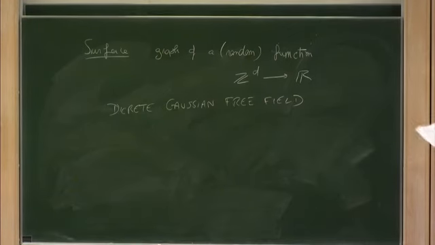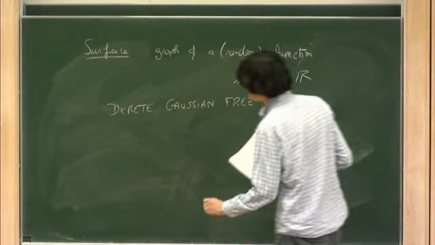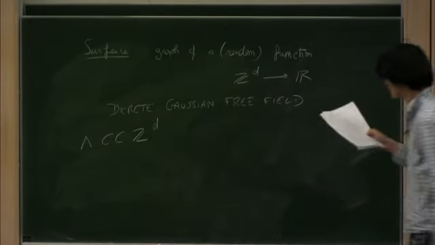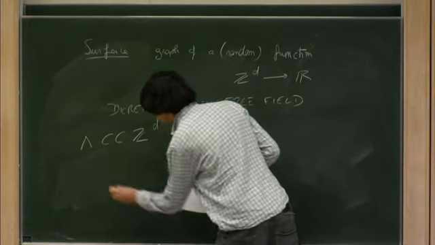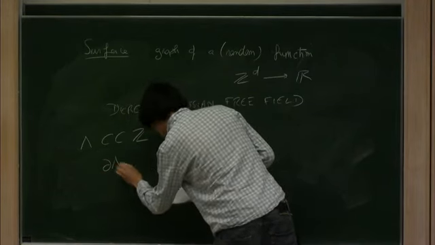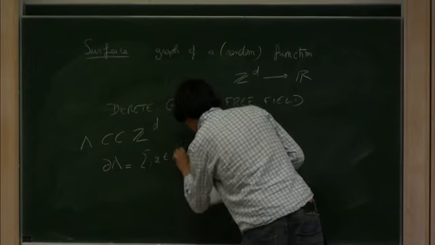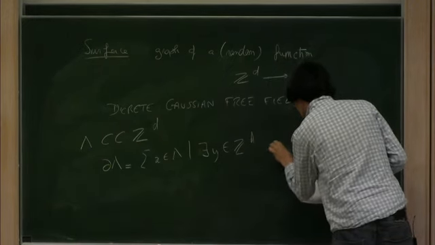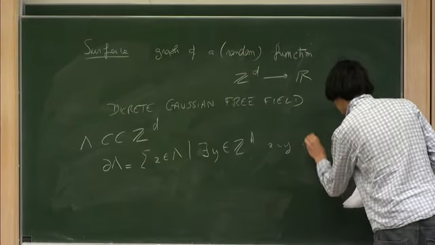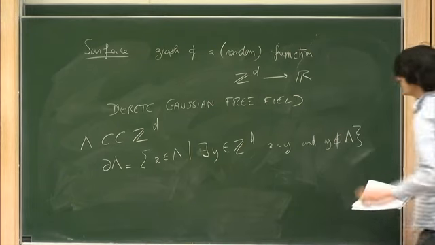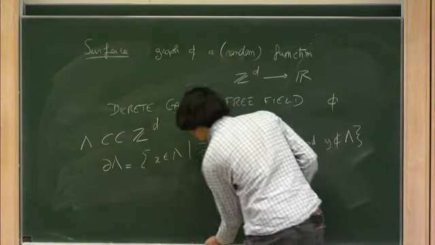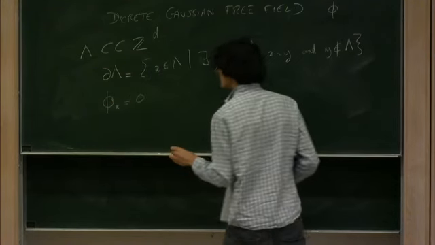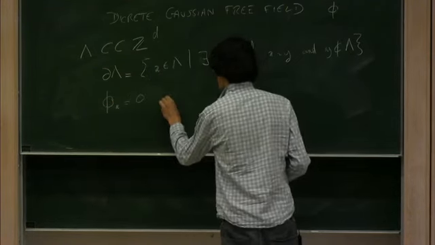So let me recall or introduce the definition. If gamma is a finite box included in Z^d, the lattice free field on gamma is defined as follows. I first define the boundary of gamma to be the set of points which have neighbors that are not in gamma. And I will define my free field to be equal to 0 on the boundary, and